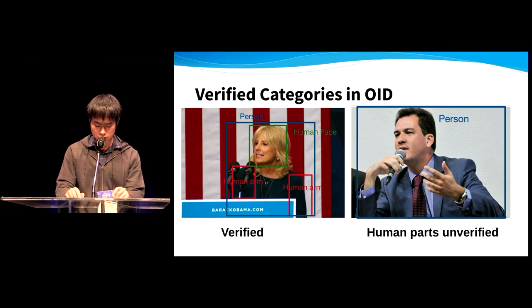For instance, Open Images dataset supports human parts categories, such as human arms. The image on the left contains annotation for these categories because these categories are included in the verified categories of the left image. However, the image on the right does not have annotation for them because these categories are unverified